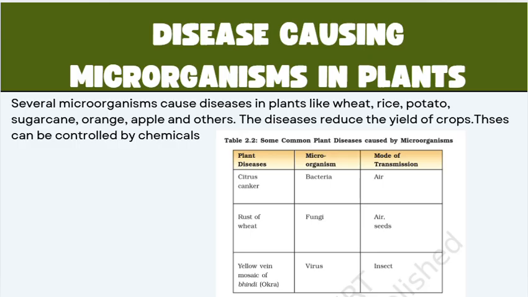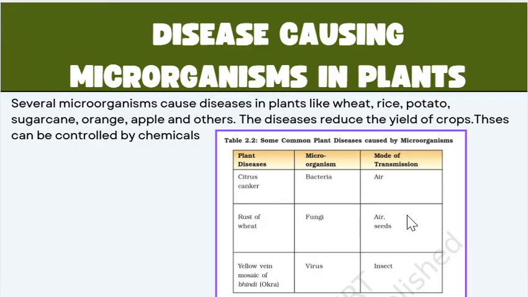This table here is from your NCERT. You have the plant disease, the microorganism, and the mode of transmission. First disease, you have citrus canker caused by bacteria, and the mode of transmission is air. Second disease is rust of wheat caused by fungi, and the mode of transmission is air or through the seeds. Third disease is yellow vein mosaic of bhindi caused by microorganisms such as viruses, and the mode of transmission is